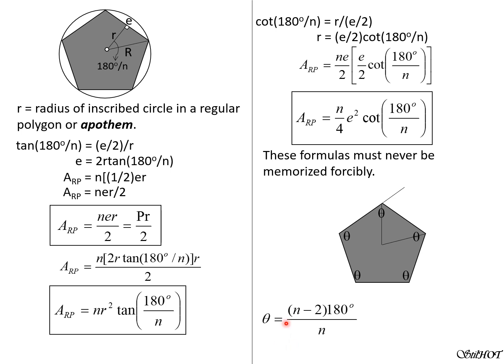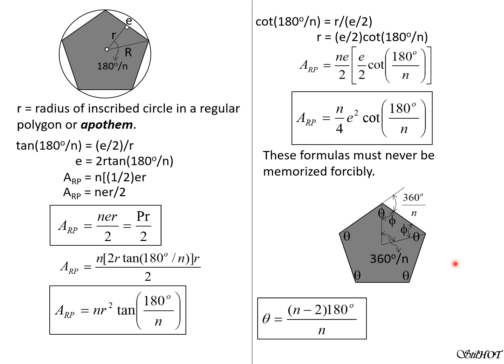So theta, therefore, is the sum of interior angles, quantity n minus 2 times 180 degrees, divided by n. Then P, which is half of theta. So that is 360 degrees over n. This is also 360 degrees over n. So they are equal. And E is 1/2 of theta. So these angles here. But do not memorize.